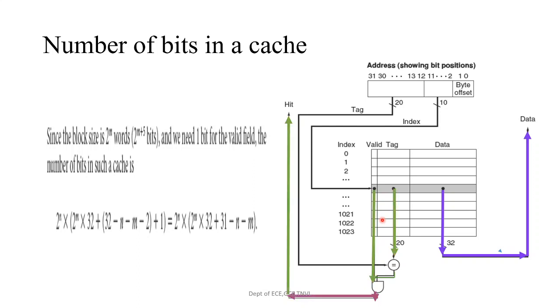The valid bit and the tag bits are fed into a comparator. The tag field from the address will be compared for equality with the tag field stored in the cache. If this matches, then it will be fed into an AND gate. This AND gate ANDs the valid bit as well as this tag comparison result. If it is 1, then it is a hit. If it is 0 here, that is the valid bit is 0, then the output will be 0, and this will be termed as a miss. Once a miss happens, the data will be fetched from the memory.